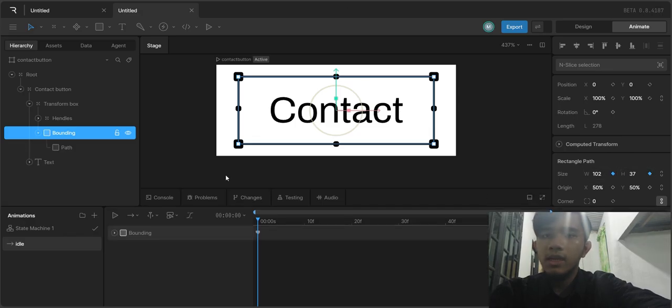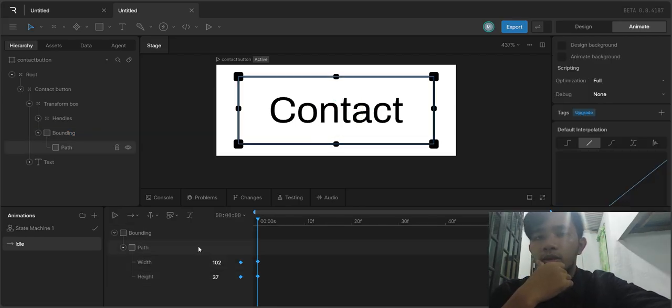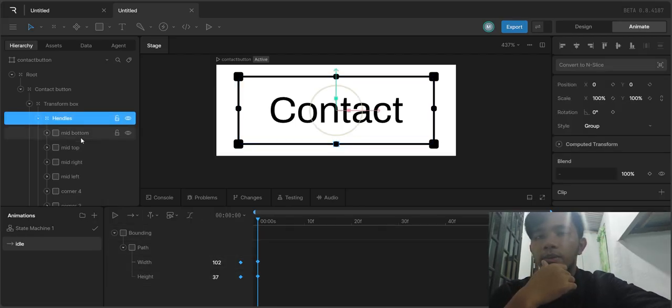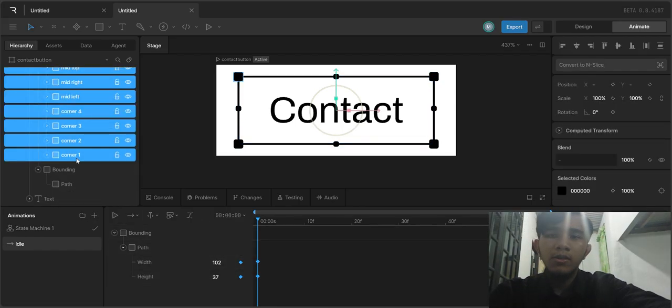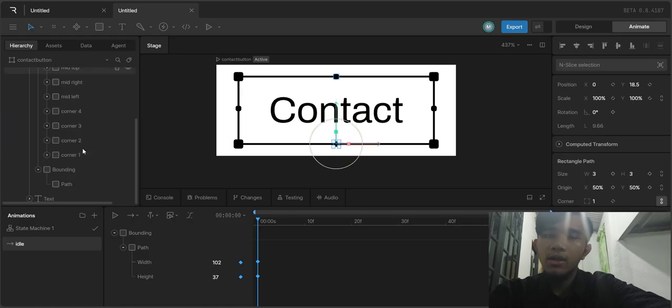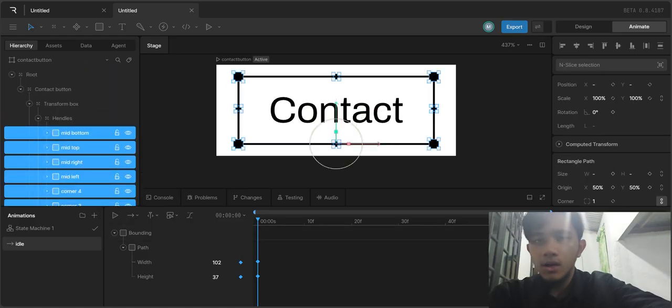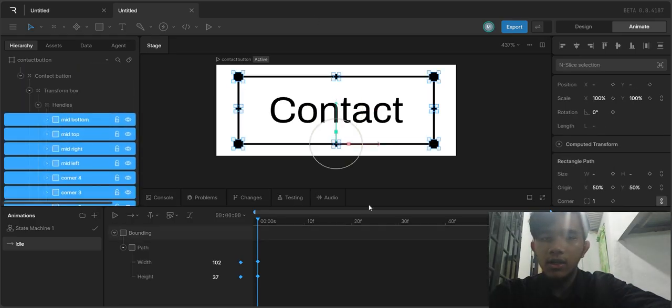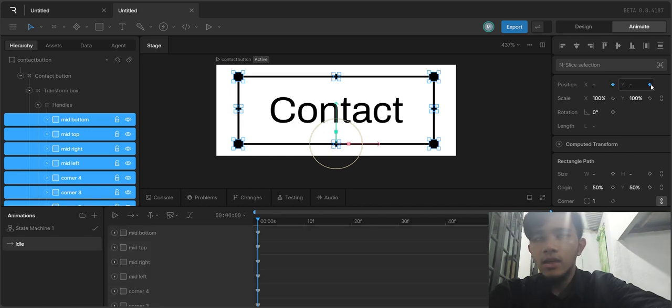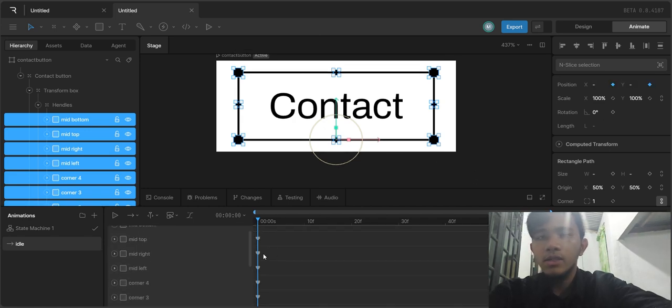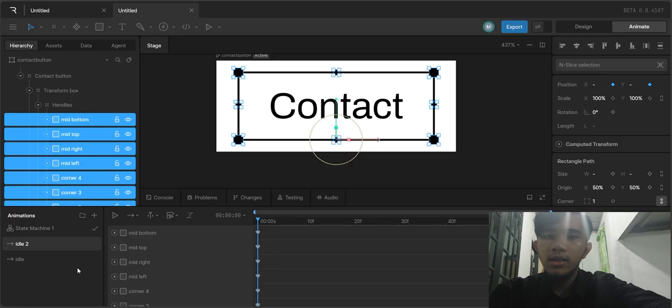Set it to black and round the corners by 1 pixel. Name it corner 1 and name the main rectangle bounding. Duplicate the corner to the other 3 corners using Alt or Option and drag.